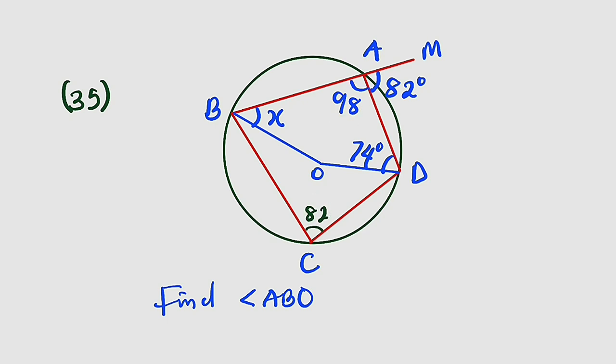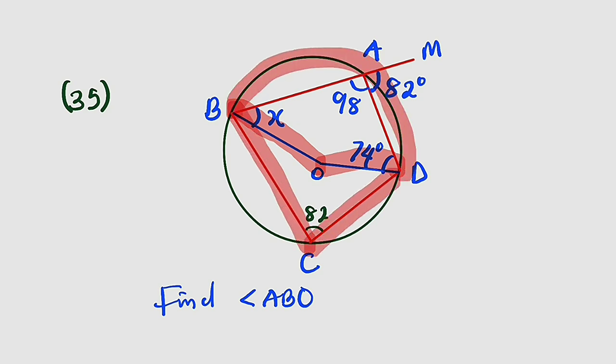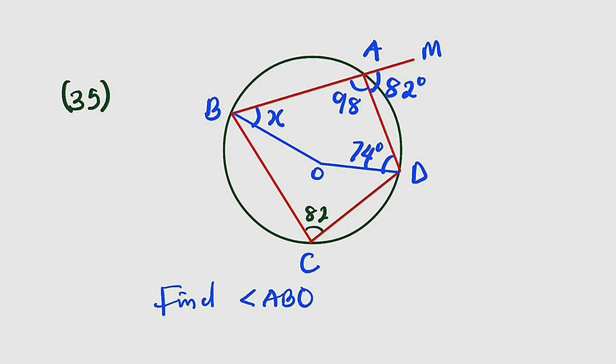All right, we are almost done. The angle subtended at the center is twice the angle subtended at the circumference, right? So therefore, this angle subtended at the center, which is unknown, must be twice this angle subtended at the circumference from the same arc or chord. This is arc BD, which subtends an angle at the center. The same arc subtends another one at the circumference, which implies that this particular angle here must be twice this one, and twice 82 will give us